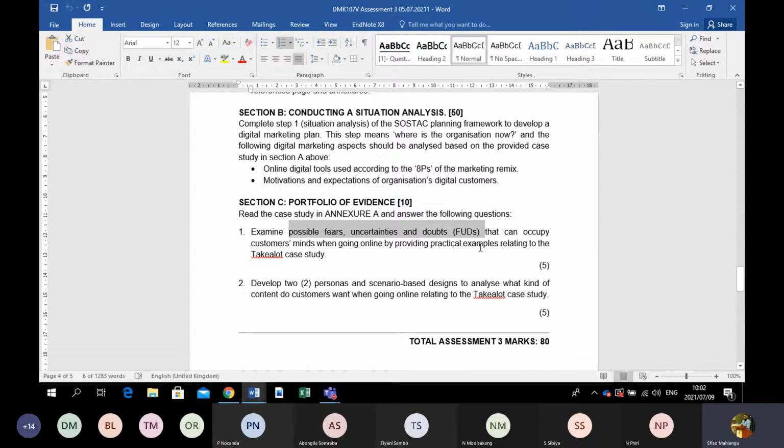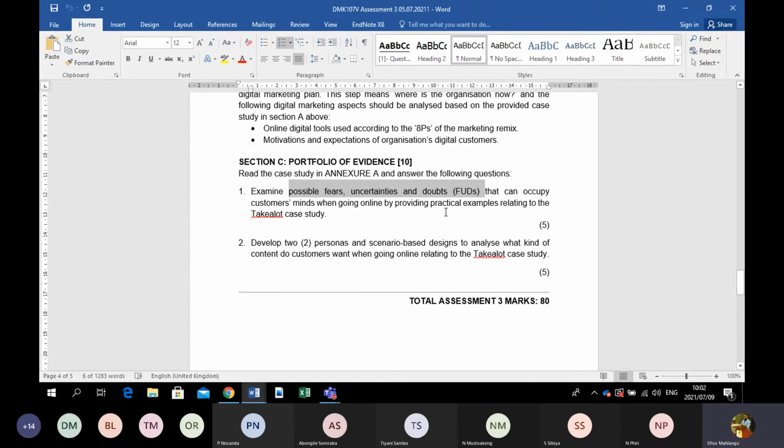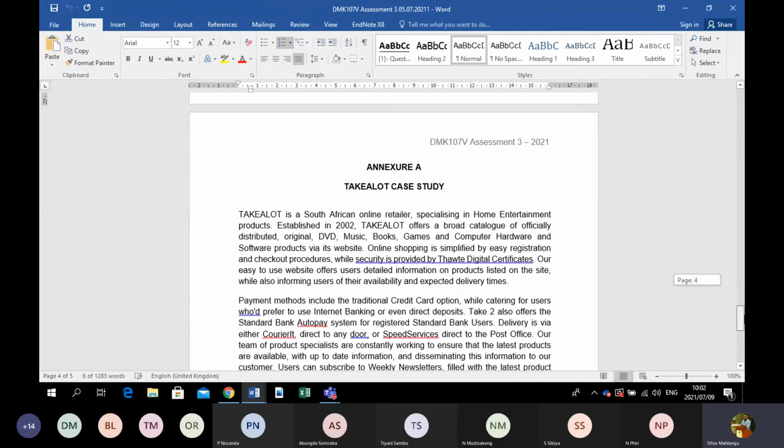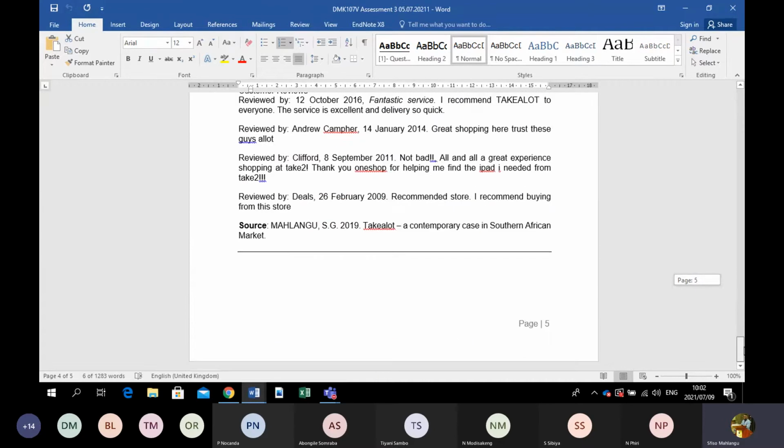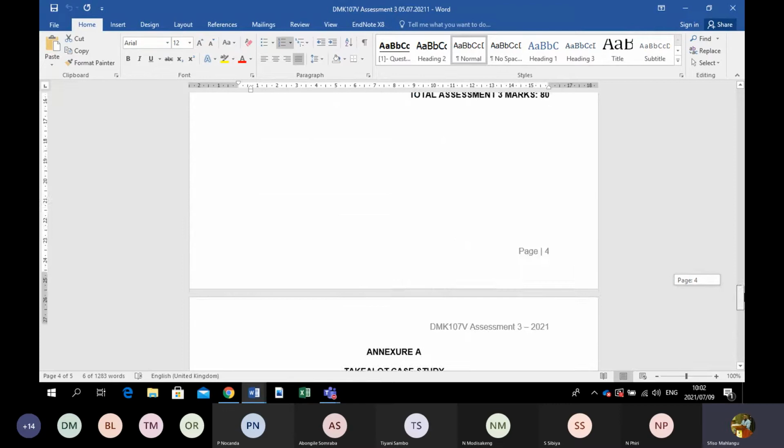It's important here. I'll have to emphasize because I saw students losing marks last year, and they were required to do something similar to this. It is important to note that section C of the assignment is based on Annexure A. So when you read the guidelines, it says read the case study in Annexure A and answer the following questions. So if you go down, you've got the Take a Lot case study, which is Annexure A, and this case study,